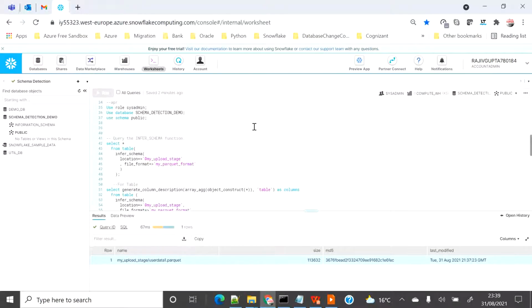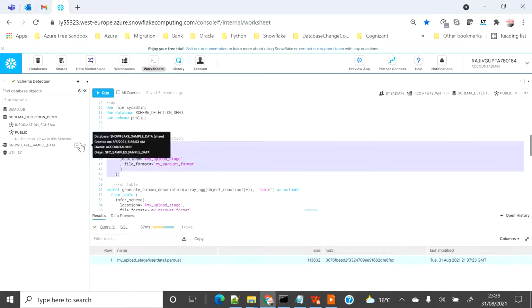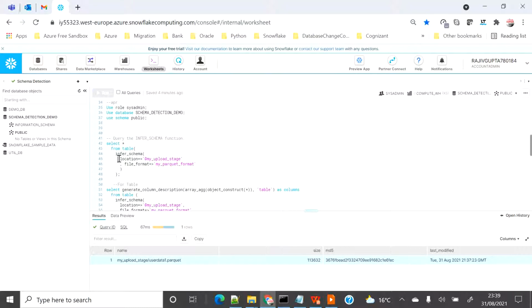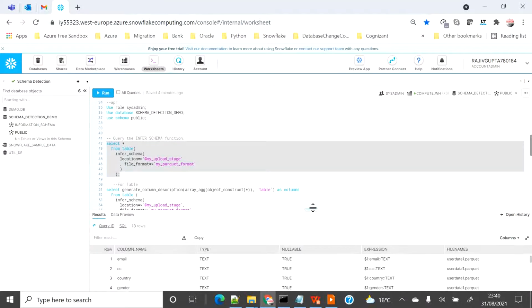We can match the column sequence from this flat file. So let me execute this and let's see whether Snowflake is able to read the structure or the list of the column from this new feature info schema. So let's execute. So here there are two parameters. I have to provide the location. In my case, it's internal stage and the file format. So basically that is a Parquet file. So let me run this file.